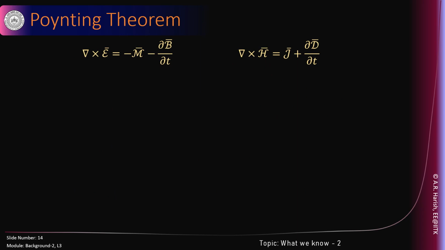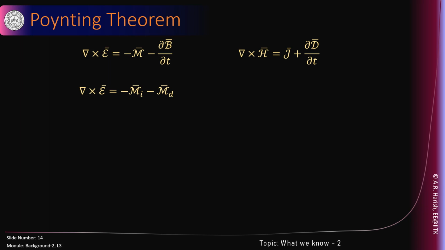Now, the next important concept is called Poynting theorem. We talk about the concept of power and energy in this theorem. You have heard of it, you have learnt it. We are going to relive it, go through it once again to make ourselves very familiar with it. For this result, we are going to choose the two Maxwell's curl equations, del cross E and del cross H. Take the first equation and